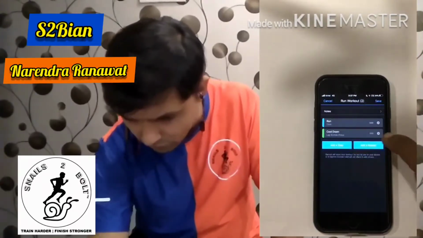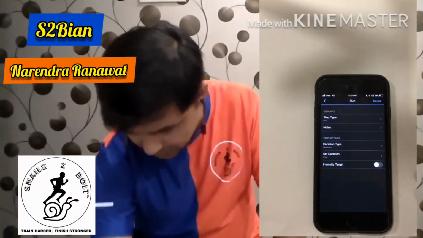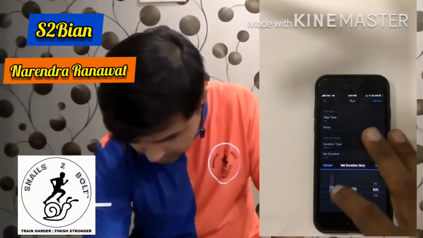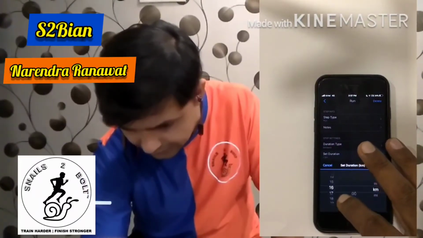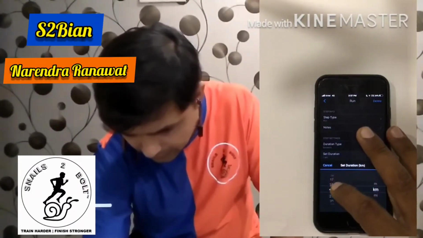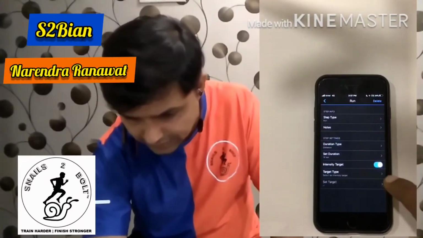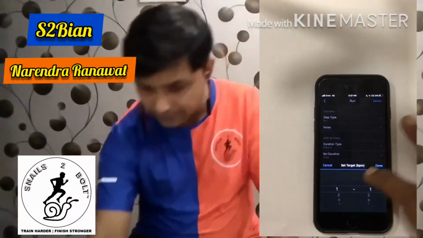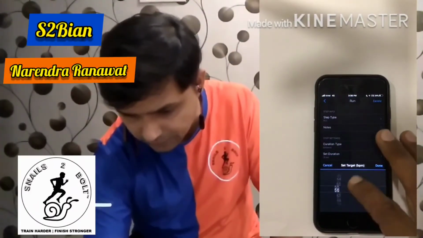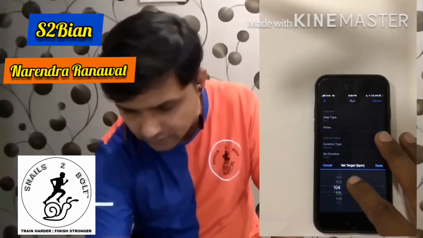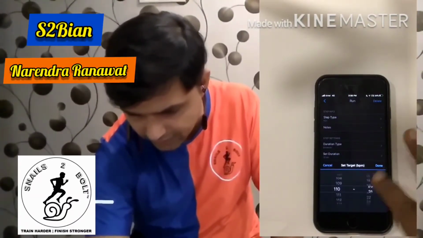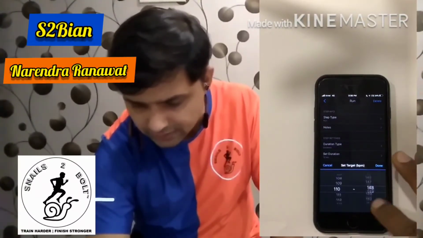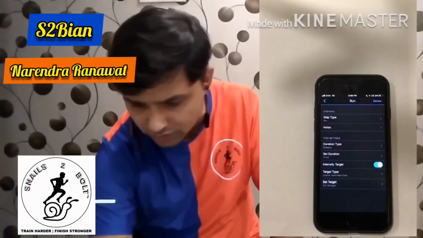So again I will remove warm up and cool down. Simple kilometers, duration will be distance. Say for example I am doing an easy run of 18 kilometer this Sunday. So I'll keep it 18. Intensity I will customize because I'm going to run based on my MAF HR. So I'll keep it from 110. You can keep it as per your convenience also, but this is how I prefer, 110 to 140. Okay. So this is a simple, straightforward long run, easy long run.